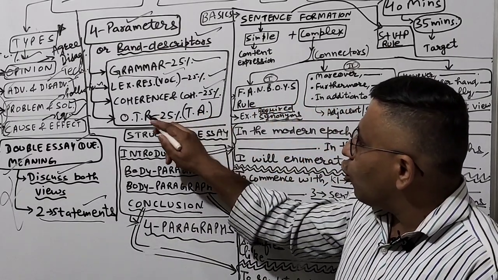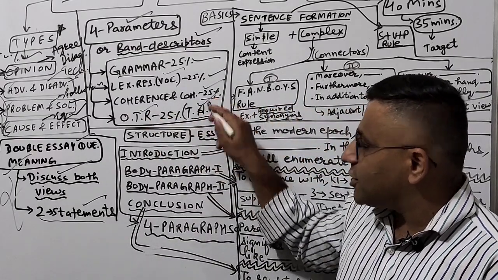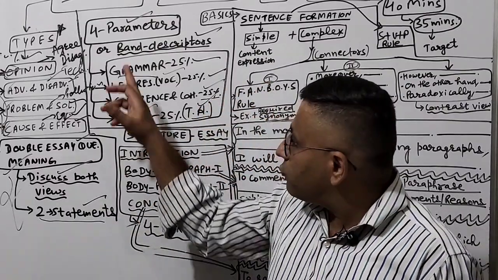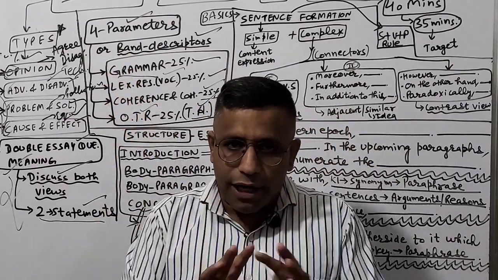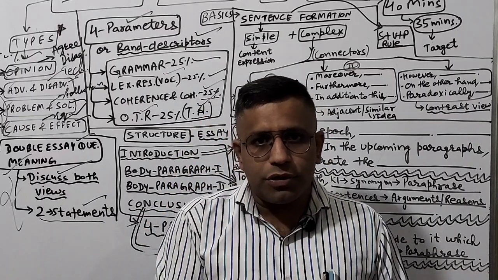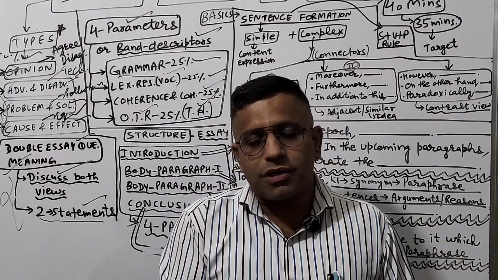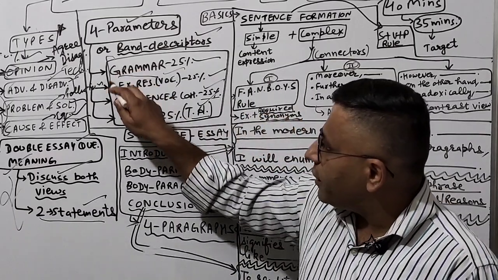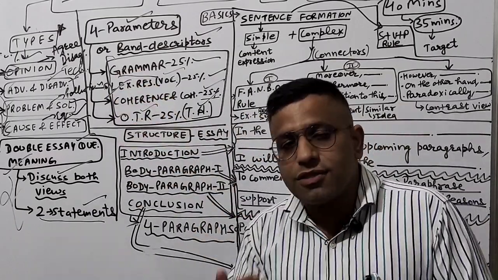Next one is the overall task response or the task achievement. After completion of the essay, the above three parameters are already accomplished. So overall task response, whatever was being asked in the question, that is written, grammatical stuff is correct, and coherence and cohesion is present. So overall, in brief, these are the parameters which are used to assess the band score